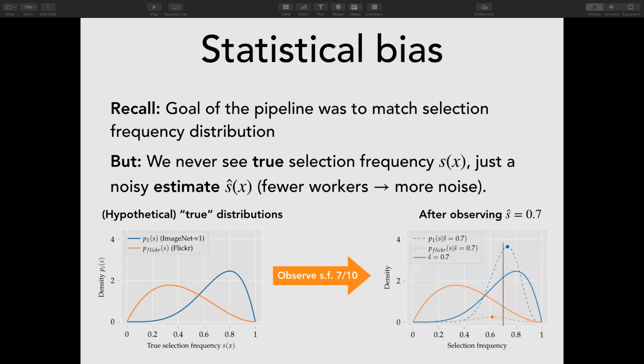I guess the key insight, and please stop me if this doesn't make sense because the rest of the talk is going to build on this. The key insight here is that what I believe about the true selection frequency actually depends on where I got the image from. So under this hypothetical example where I knew both the ImageNet-v1 and the Flickr selection frequency distributions, if I observe a selection frequency of 7 out of 10, if I'm looking at an ImageNet image,